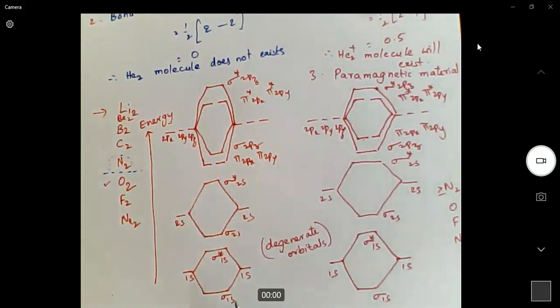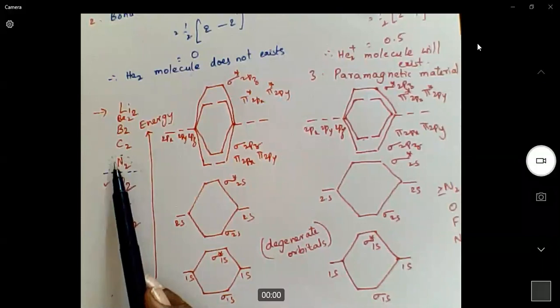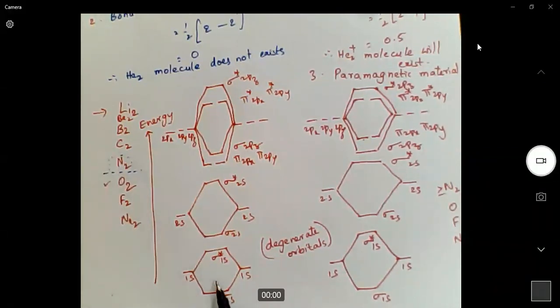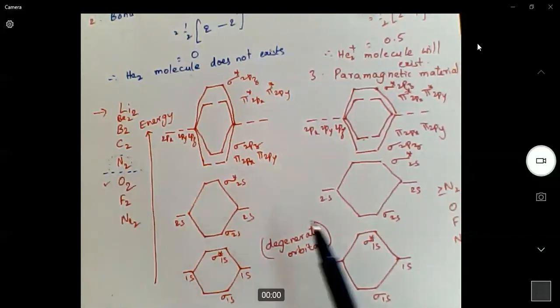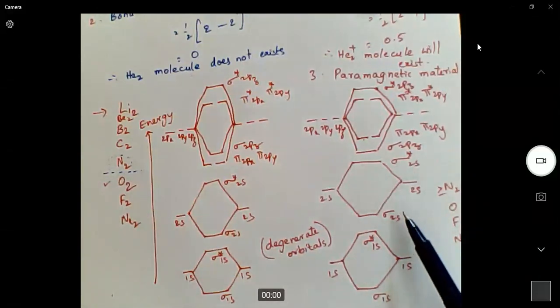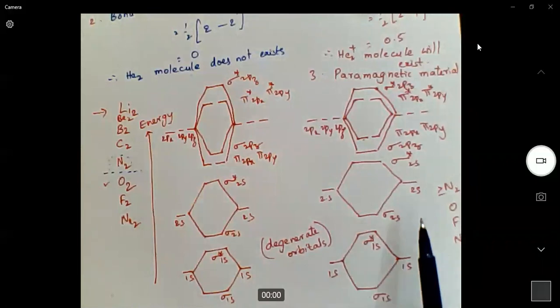But remember, whenever you want to write a molecular orbital diagram for a nitrogen molecule or molecules less than nitrogen, we need to use the first diagram. But if you want to write the molecular diagram for molecules nitrogen or higher than nitrogen, we need to use this diagram. For nitrogen, there is no problem. You can use this diagram or this diagram. Absolutely, there will be no problem.